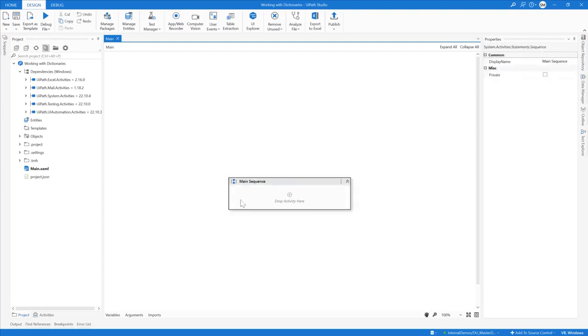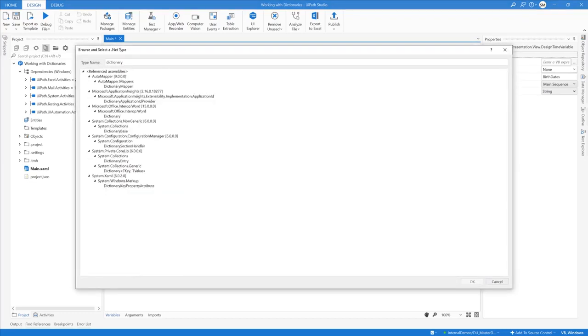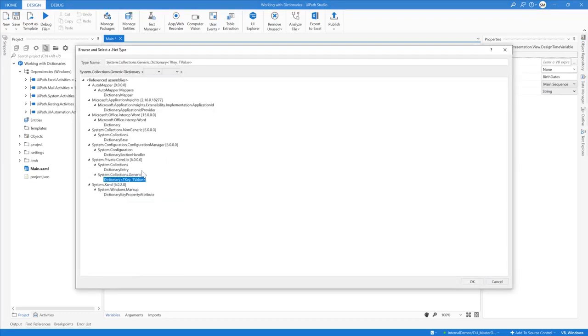Our first step is to create a dictionary type variable to store the names and birth dates. We'll call it birth dates. Now, for the variable type, we must click Browse for Types to find it, and search for the dictionary keyword. Let's select